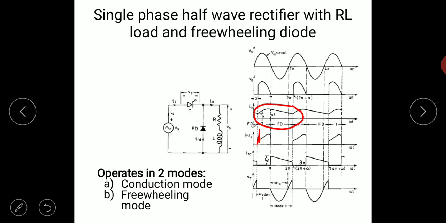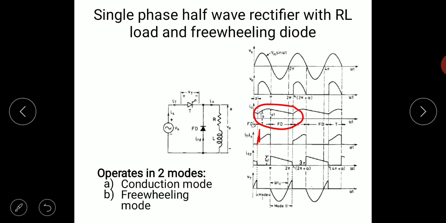If we want current to become 0, we can do it as well, but for that we will have to keep the value of inductance as low as possible. So normally we want continuous current, so by keeping inductance to a greater extent, or you can say at a value above the critical value, we will achieve continuous nature of load current. Since the current is continuous, we can see that the load current waveform is improved.